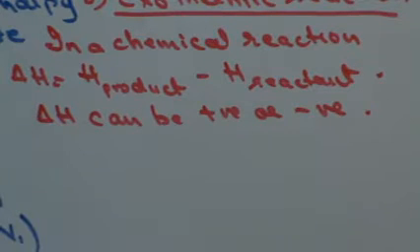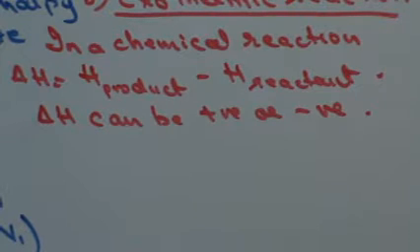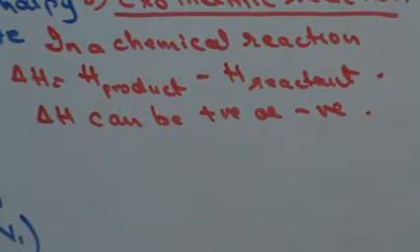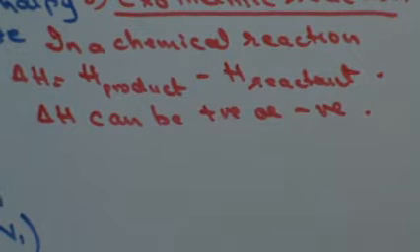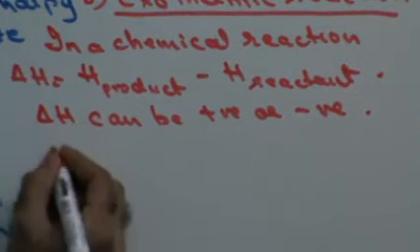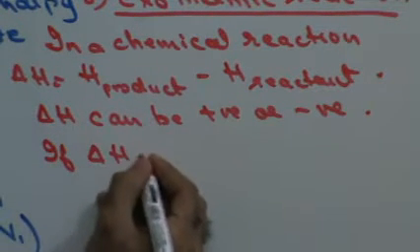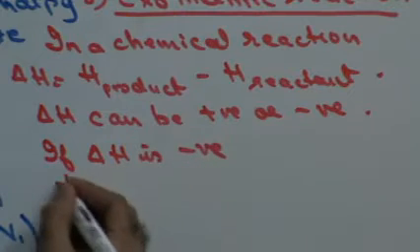Moreover, if delta H is negative, instead of positive, that means the reactants have lost heat and got converted into product. Such a chemical reaction in which the enthalpy decreases, that means the enthalpy of the reactant is more than the enthalpy of the product, is called an exothermic reaction. Right? What is an exothermic reaction? If delta H is negative, then